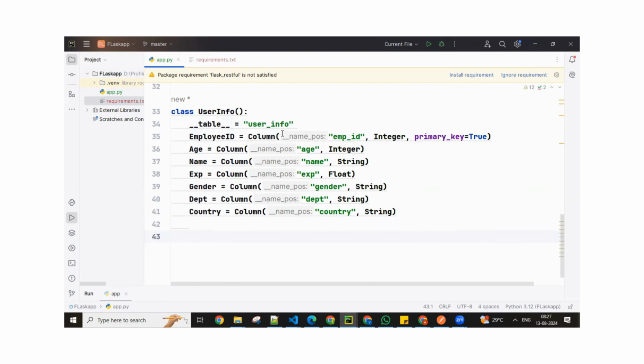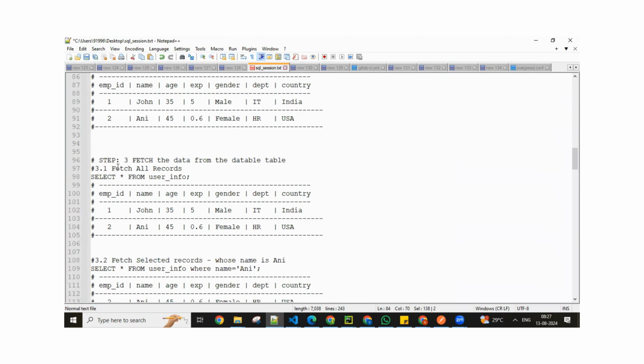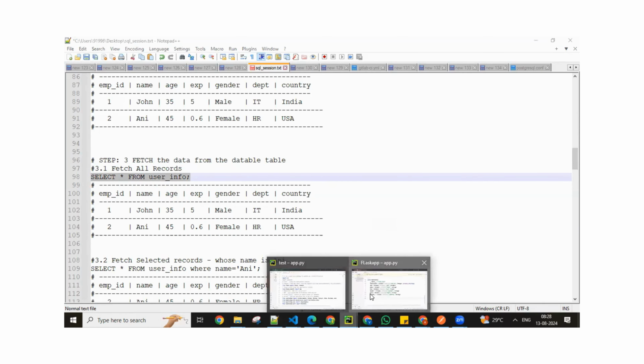And if you want to make API calls with this, then if I go back here, you are inserting into the database. You can do an insert operation using a POST call, but you can keep that aside because we will use existing data which is already inside the database. So we can use fetch calls. For example, for fetching all the records, let's say you make this, select star from user information. So this will be translated in a Pythonic way. When you want to write this statement in a Pythonic way to interact with the database, what you can do is,